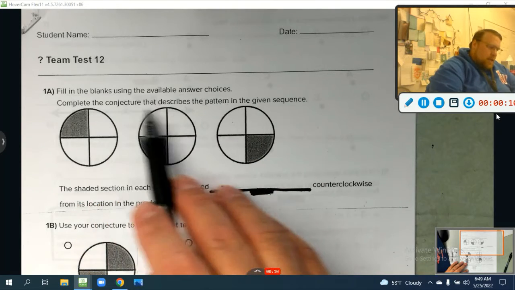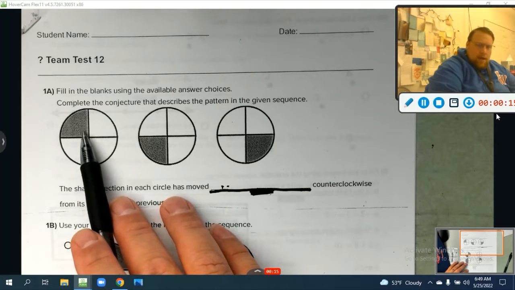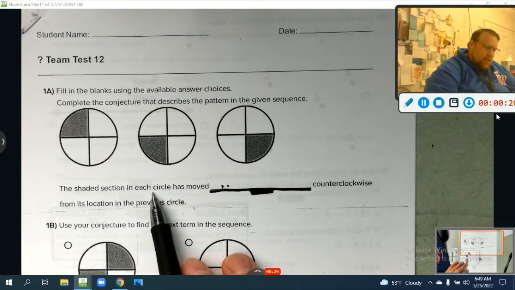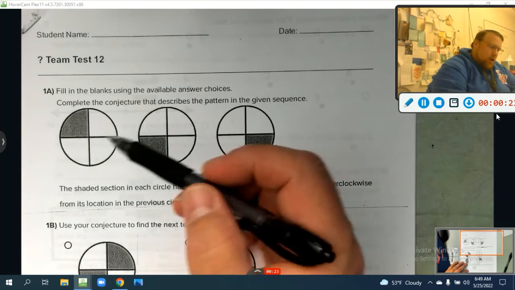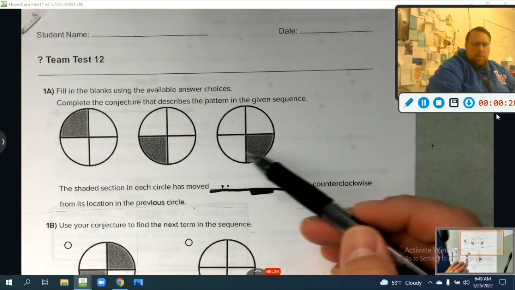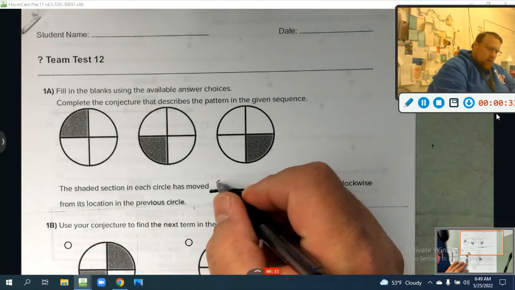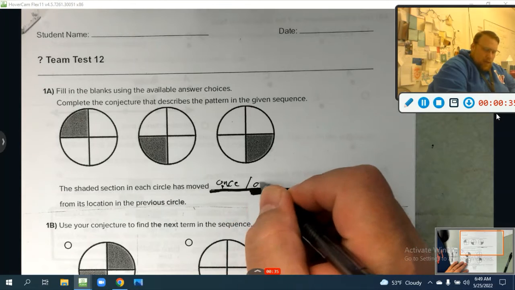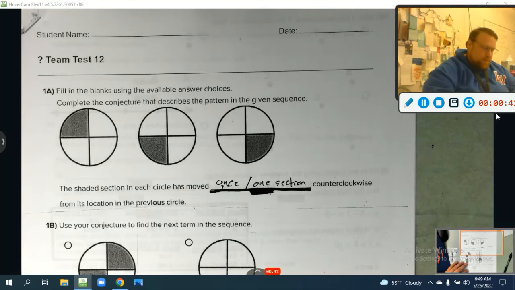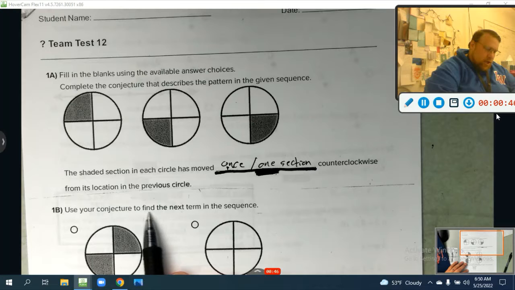And we see, complete the conjecture that describes the pattern in the given sequence. Depending on if we're going clockwise or counterclockwise, this could be different. So let's see what it says. The shaded section in each circle has moved blank counterclockwise. Oh, we're going counterclockwise. That means I went back one, and then back one again. So what's it doing? The shade has moved once, or we could say one section, counterclockwise from its previous location. Which means the next one says use your conjecture to find the next term